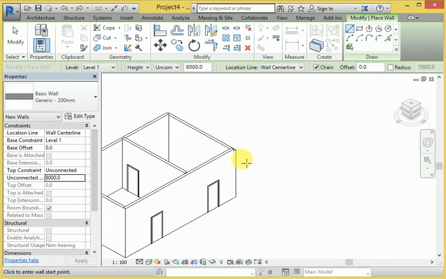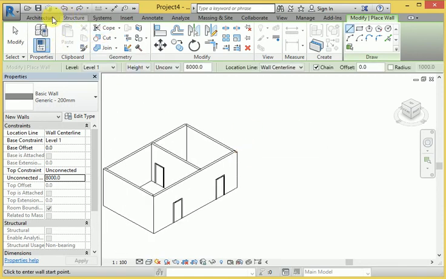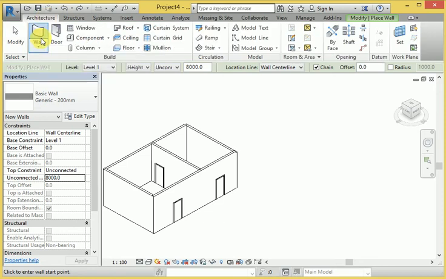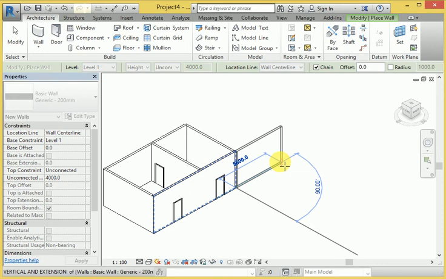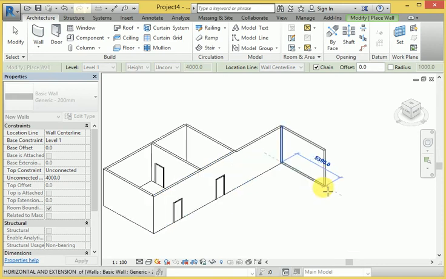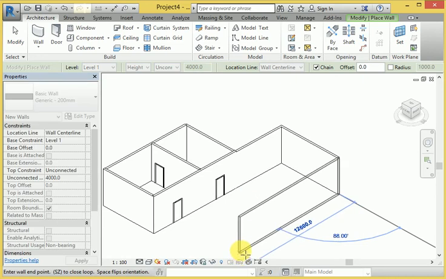Now let's again look at this particular wall connection. Then also here you can choose from Wall. Then I set the particular distance, 4000 height, right? Then start the wall from this point and create here, then also create right now.